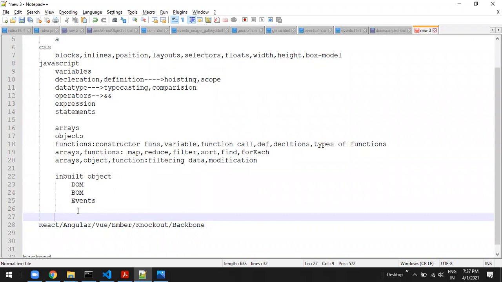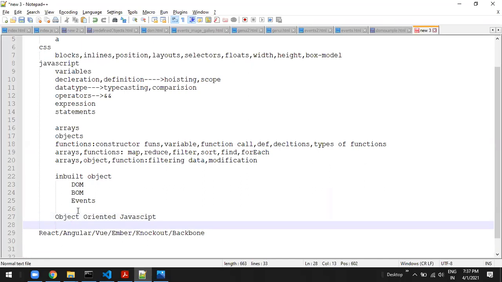Then I will be with object oriented JavaScript. So here you will be having something like what are OOPS principles, encapsulation, polymorphism, and inheritance, what is proto, what is prototype, what is prototypal inheritance, what is a constructor function, what is a constructor, all these things you will understand.